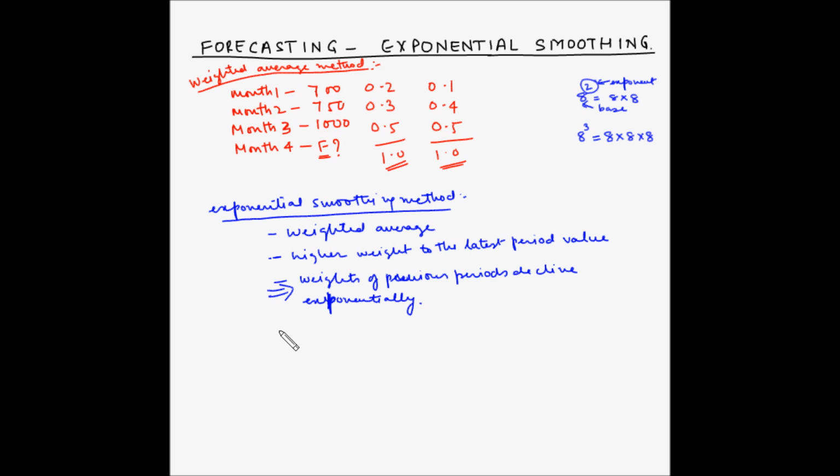So in this method, each increment in the past data is decreased by 1 minus alpha, and alpha is known as the smoothing constant. So if the most recent weight is alpha times 1 minus alpha to the power 0,